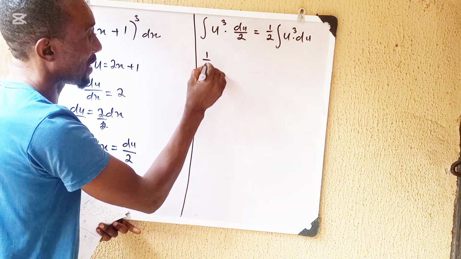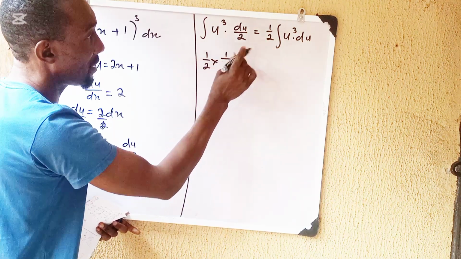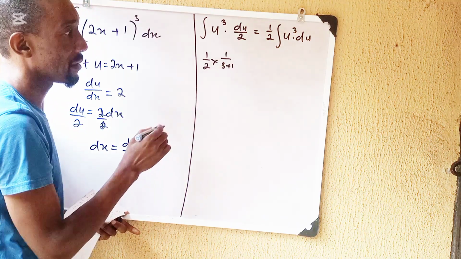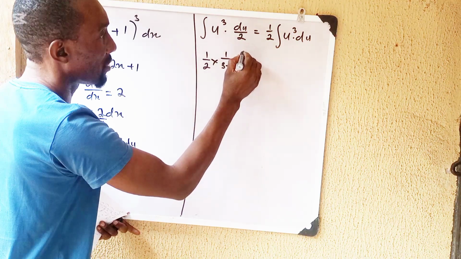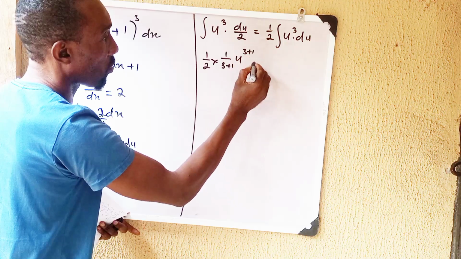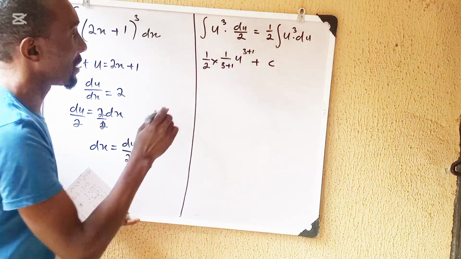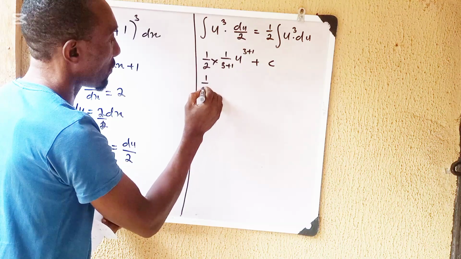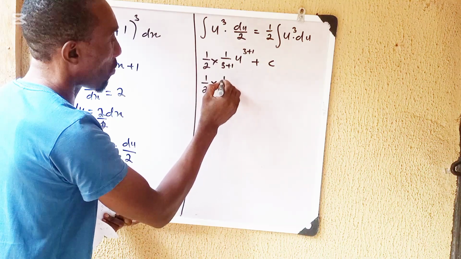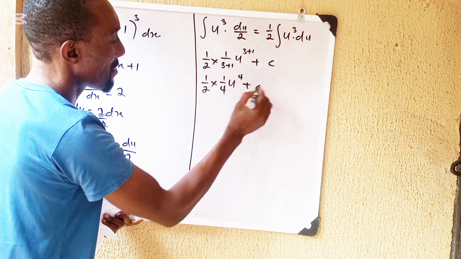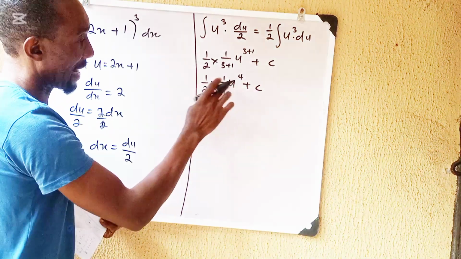I have 1 over 2 multiplied by 1 over my power is 3, so we have 3 plus 1, then u to the power of 3 plus 1, then plus c. Which I will now have as 1 over 2 multiplied by 1 over 4 u to the power of 4, then plus c,